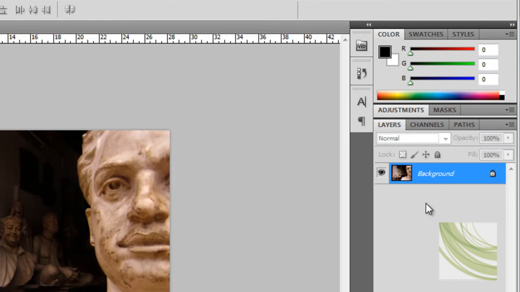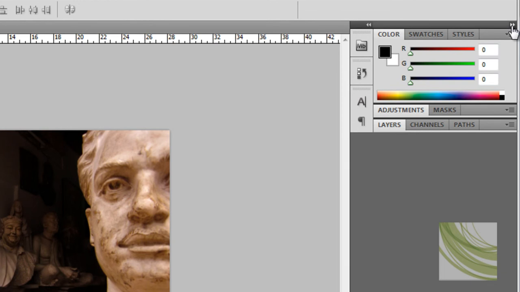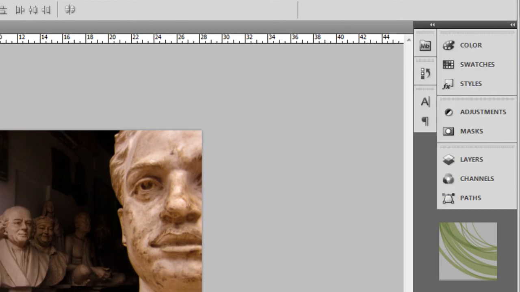You can always stack up layers one after another, and this is the most common panel that you'll be using to begin with. At any point of time you don't want this layers panel to be seen, or you want to collapse it to create more space for yourself, you double click on it. Moreover, you can click on these two triangles here. It will collapse the panel into icons, as you can see here. This will give you more space.